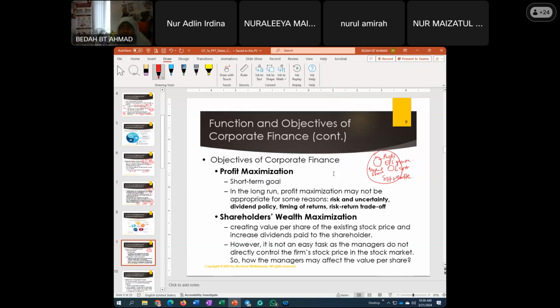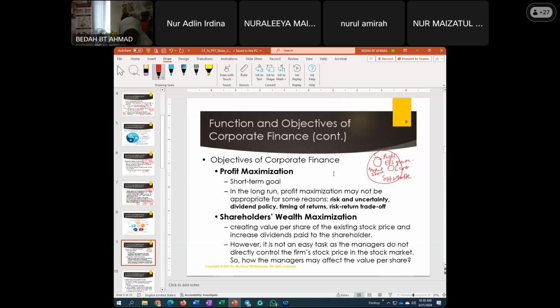they don't keep up to date with customer acceptance by cutting the R&D, because they do not know what the customer's acceptance or preference is if they don't have the survey or feedback or do prototyping on their products. Okay, that is the timing of returns. It increases the short-term profit at the expense of the long-term profit. So it will have a serious consequence on the long-term business profit.